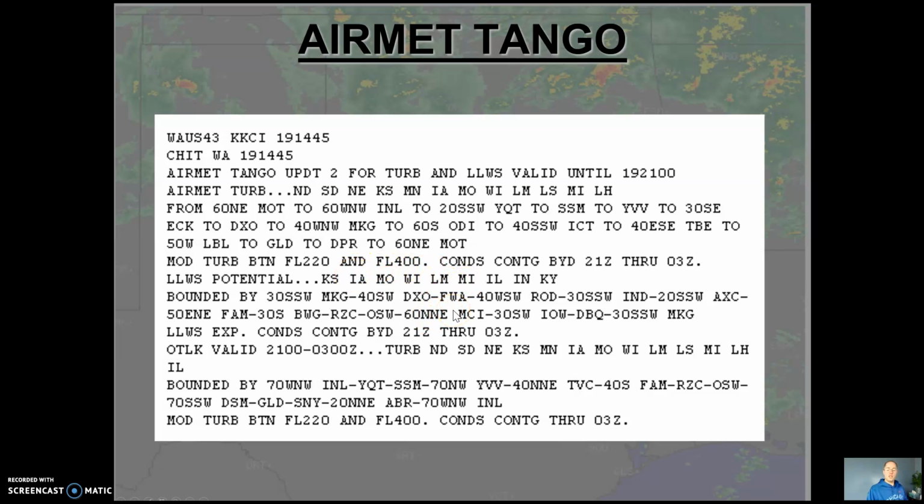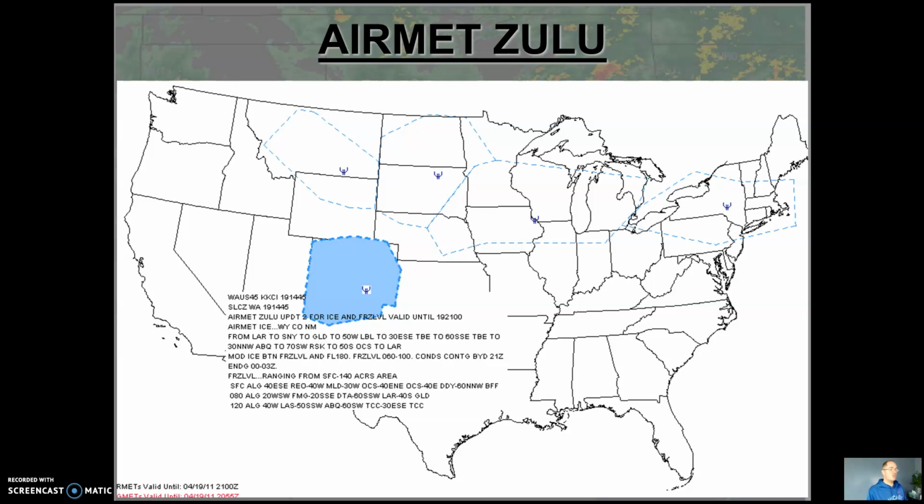A lot of information. Most folks are going to dig into this if it's of specific importance to them. Otherwise, the graphics usually do the trick. And so we can see here in AIRMET Zulu, looking at certain portions, moderate icing between freezing level and flight level 18,000. Gives some information about the freezing level here between 6,000 and 10,000 across various portions of the area. Again, one of the big takeaways here is the size of your AIRMETs. Relatively large, encompassing multiple flight levels in most instances.